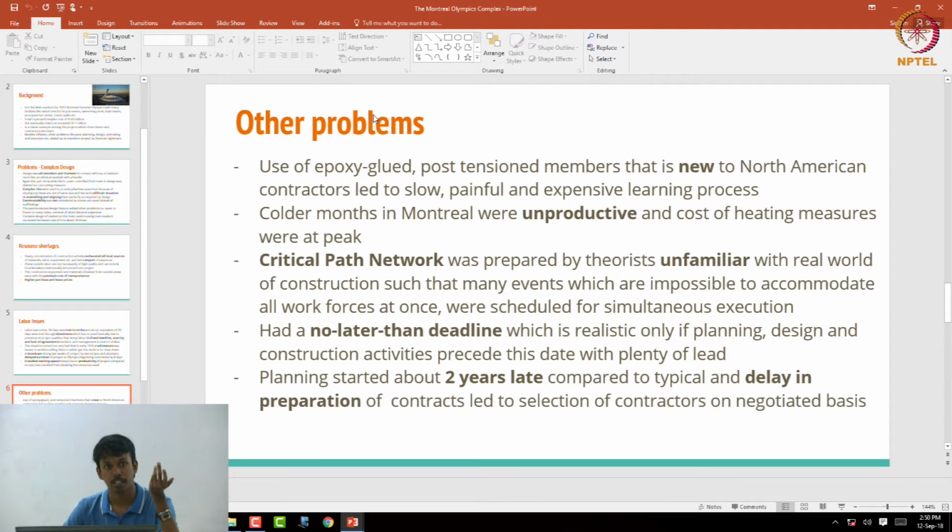And one more important thing is during construction planning, while making the critical path network, it was made by people who were unfamiliar with real-world construction activities. While they were developing this critical path network, most of the activities were allocated simultaneously, so resources and labor could not be accommodated between these. And there was a delay in the planning process, which was started 2 years late,